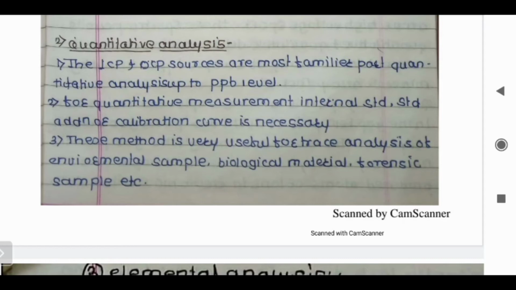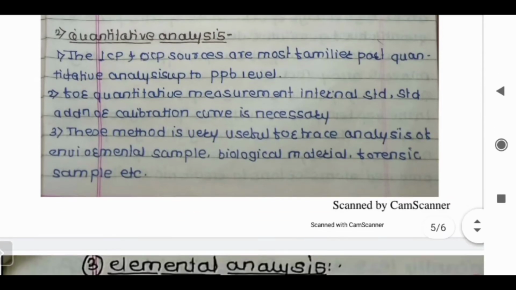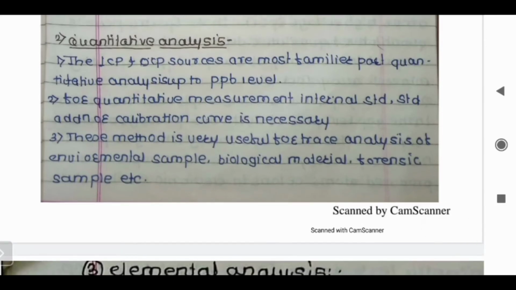That method we can use when we don't know the exact composition of our sample, like generally rock salts or some mining industry samples. Metallurgical samples or some archaeological samples, whose composition is not exactly known to us. In that case we can generally use the standard addition method or the internal standard method. And the last, the calibration curve method, is generally used once we know the exact concentration of our sample.